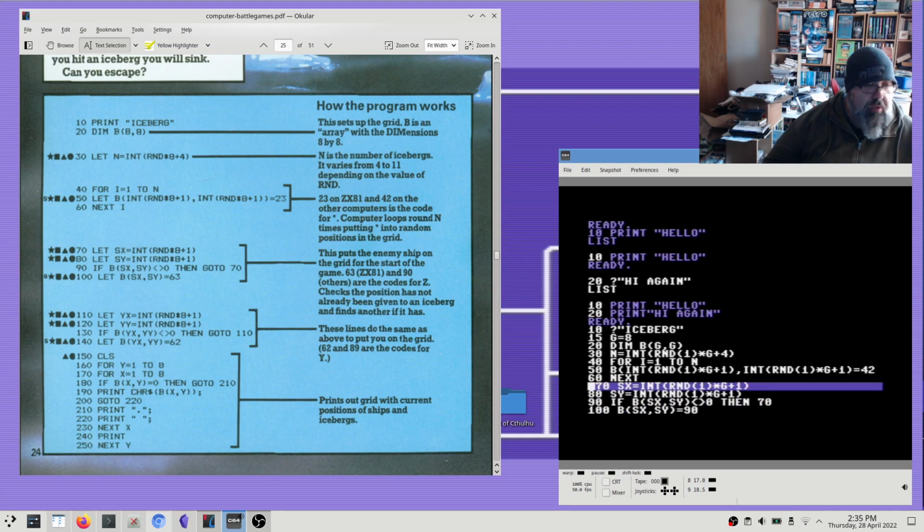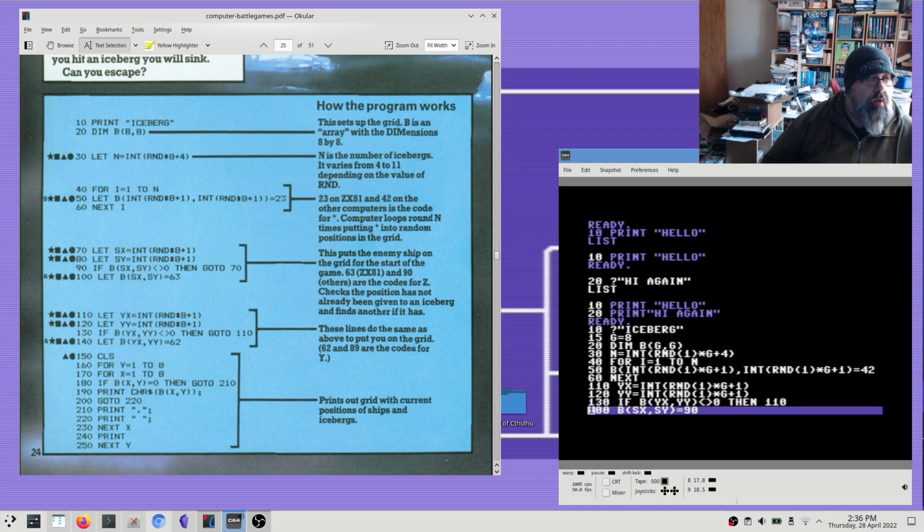We're supposed to be 110. YX. Insert a character 120. YY. Insert a character 130. YX. YY, but we want to jump to 110 this time,